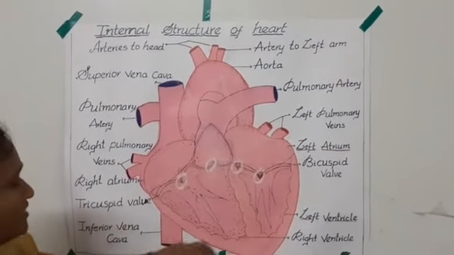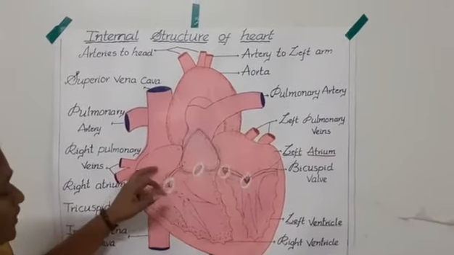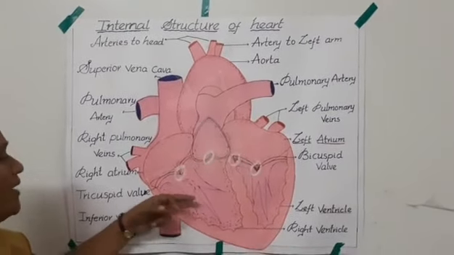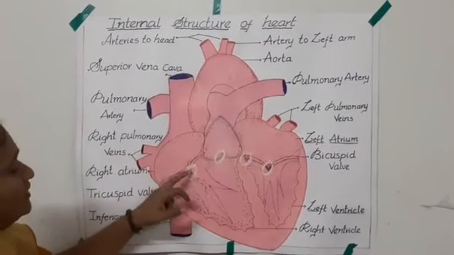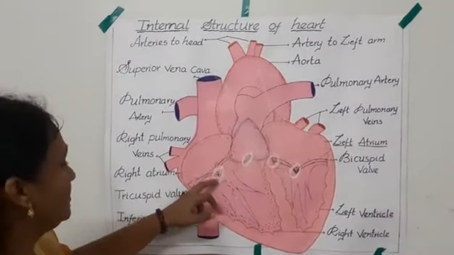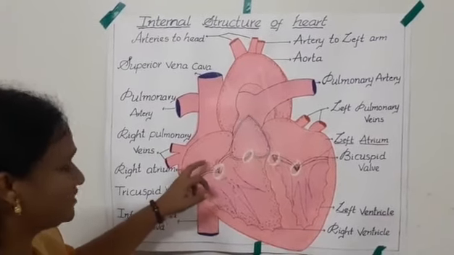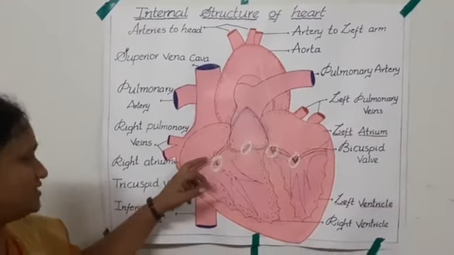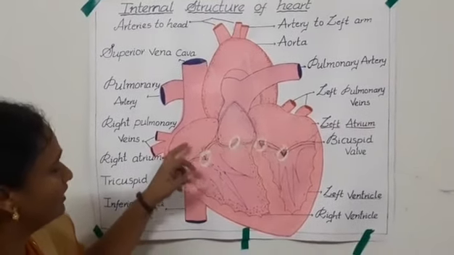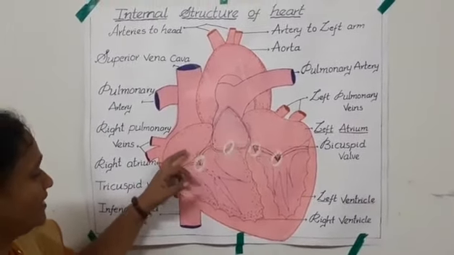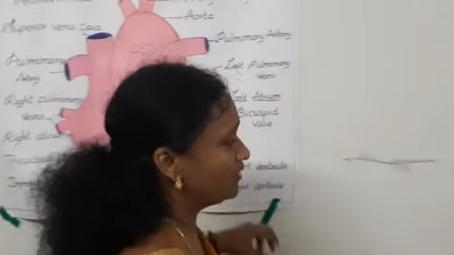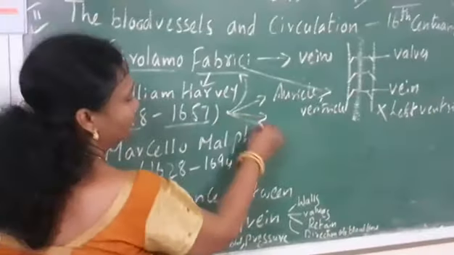So these are the four valves which allow the blood to flow only in one direction, that is from auricles to ventricles. When blood wants to go back from ventricles to auricles, these valves prevent it. So just what his guru told was clearly explained here. Just like how the valves in the legs work, in the same way the valves in the heart also work. They allow blood to flow only in one direction, from auricles to ventricles. That was the first discovery done by William Harvey in the dead person's heart.